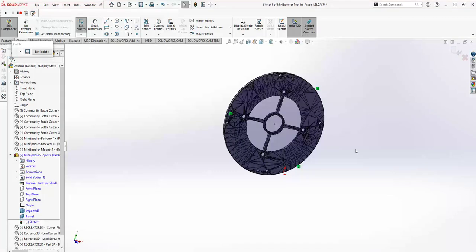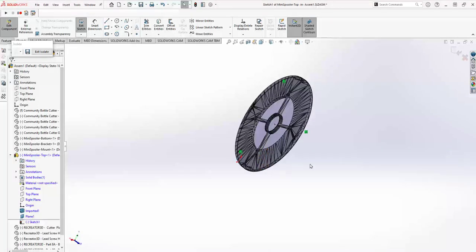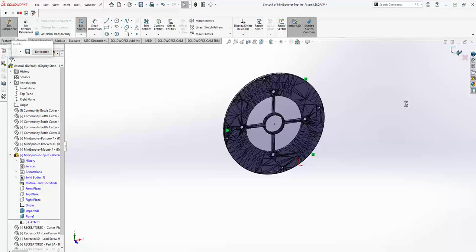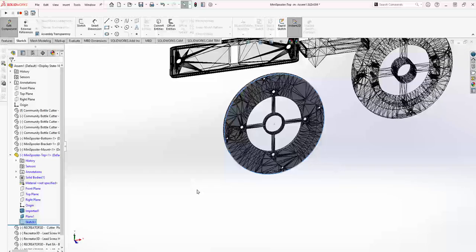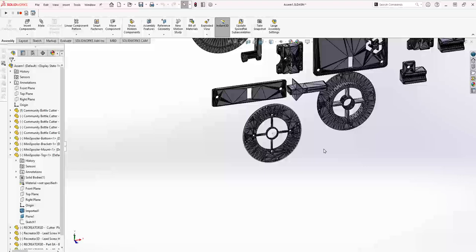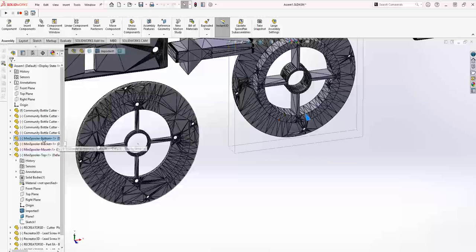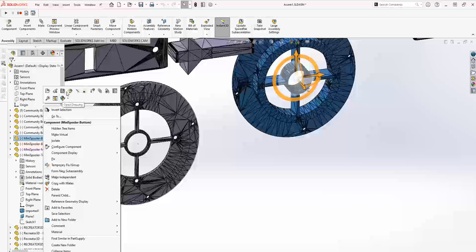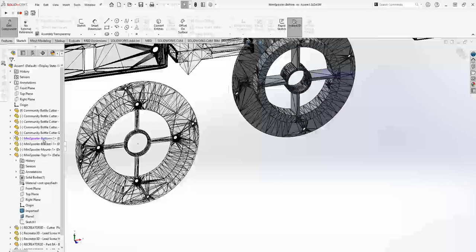I can make this extruded to somewhere over here, or let's see if I keep it as it is. Now we save this part, and the next thing is we do the same thing with this face. Okay, so I have to make that editable first, and now make that isolated